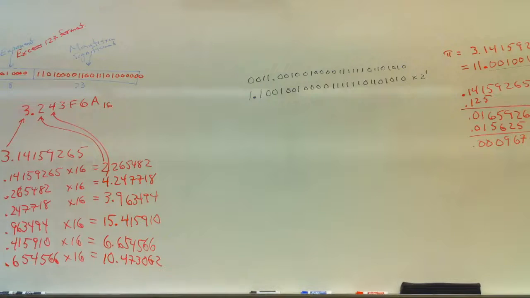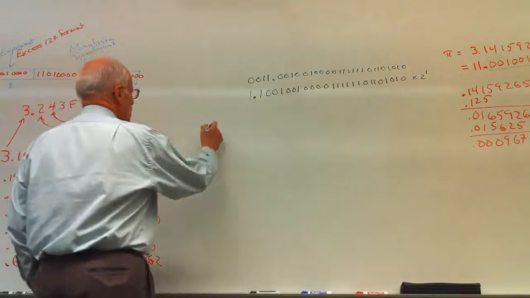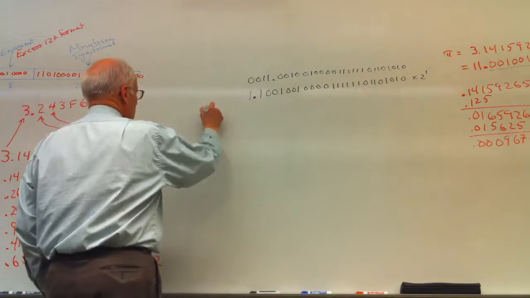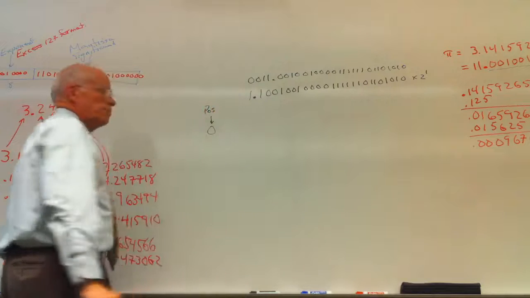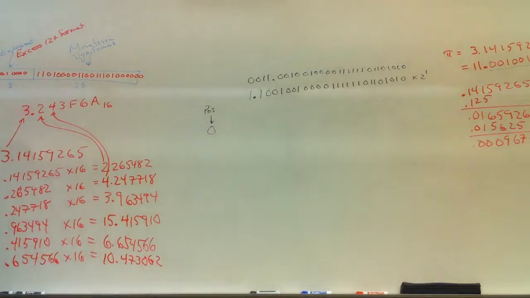Okay, so what does my number look like? Well, it begins with 0 because it's a positive number. The actual exponent that I store